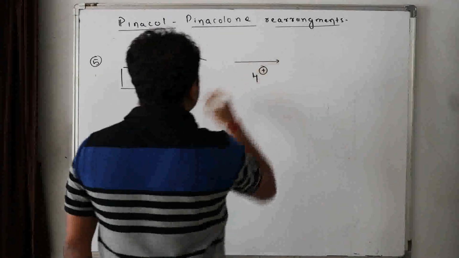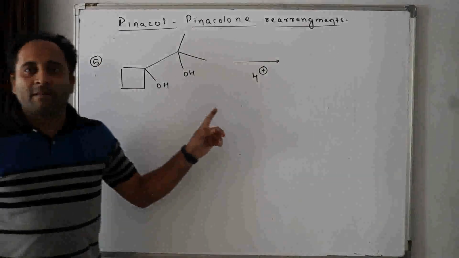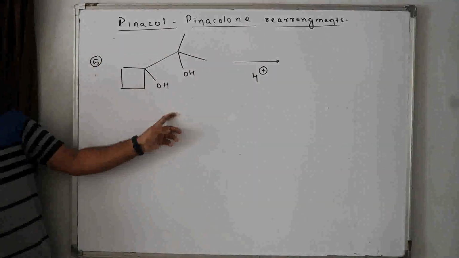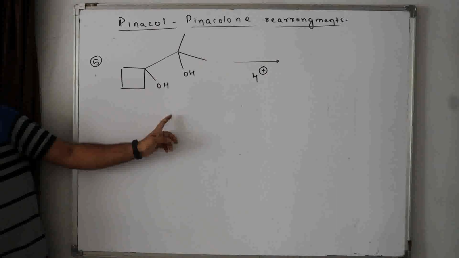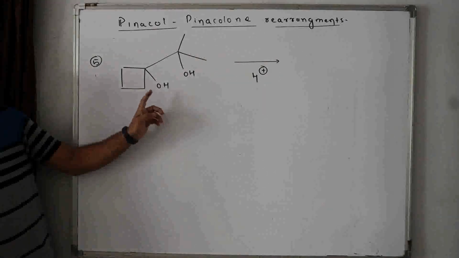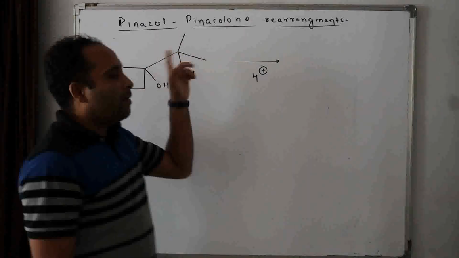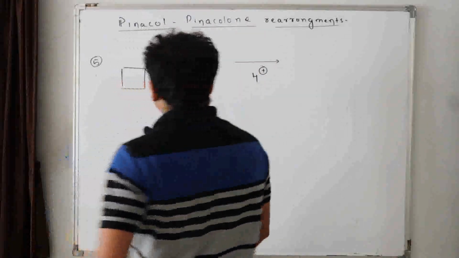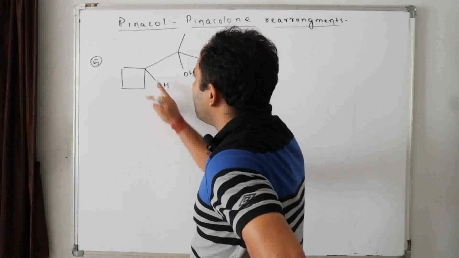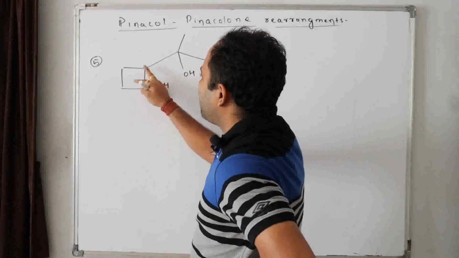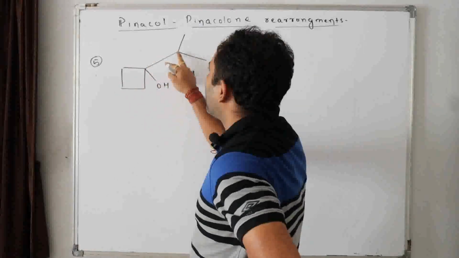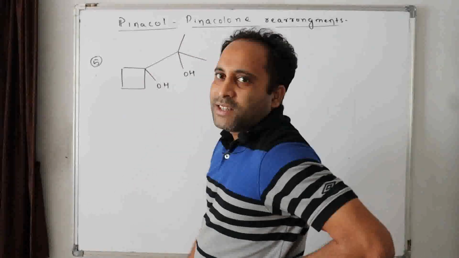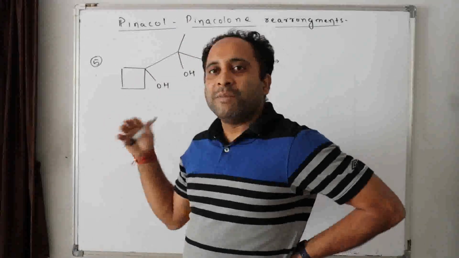With H plus. Now check this question. Simple funda you have to use. Where should I attack? The attack should be such that the carbocation formed should be more stabilized. Now tell me, where can I get more stable carbocation? If I remove this OH, there will be a plus over here, a plus over a stretched ring, and a plus over this will be more stabilized. Only when this will rearrange, it will become stabilized.